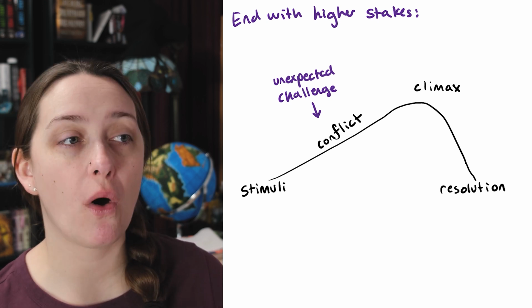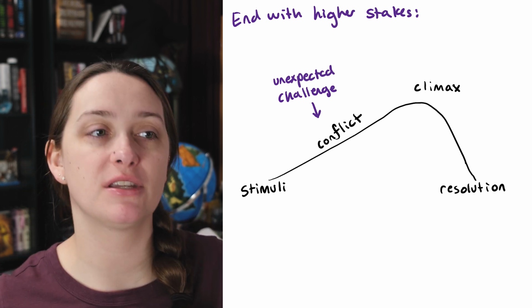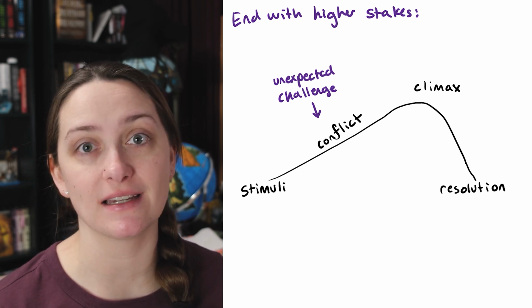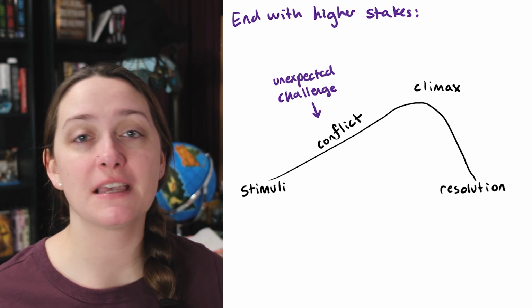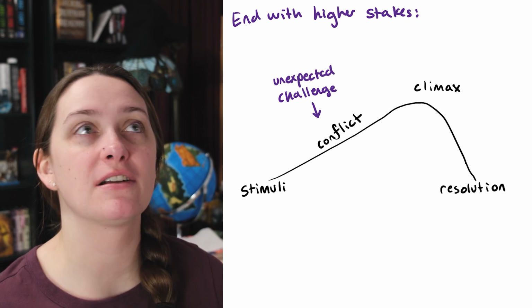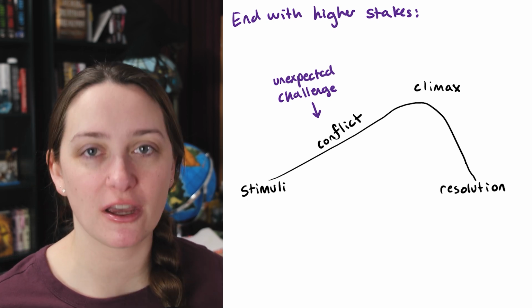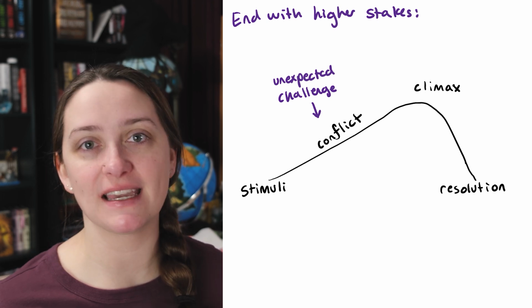Maybe they're going to a ball and they have to steal a gem from someone, but then they go there to dance with them to start, trying to steal this gem from them, and they realize that the person knows they're trying to steal it, right? That is an unexpected challenge. Another example of this could be maybe there's a dragon coming and they're like, okay, I can take down one dragon, and they rush out to battle it, only to realize there's two, or it's a much bigger dragon than they expected, right?